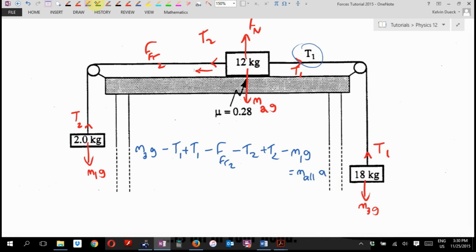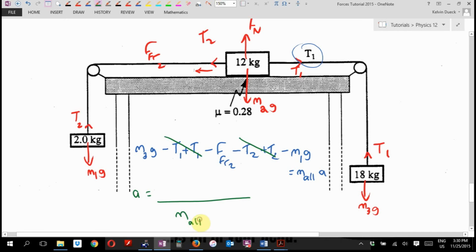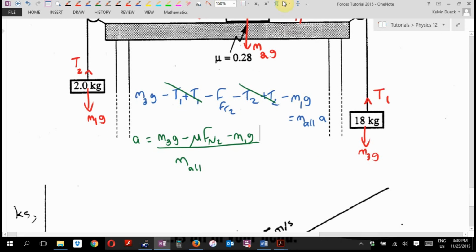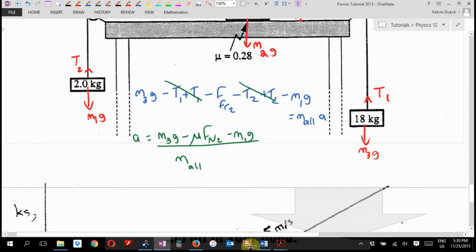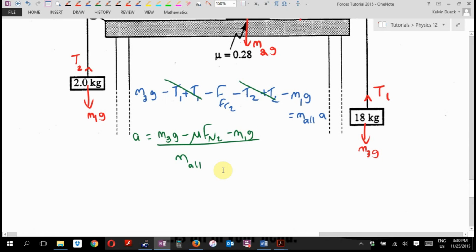I guess the acceleration is going to be divided by the mass of all of them, and it's going to be M3G minus mu times normal force number 2 minus M1G, because friction is what times what? Mu times the normal force. I don't know the normal force. Oh, but look. I do know another force the same size as the normal force. Yes. Need more room. There we go. The acceleration is going to be M3G